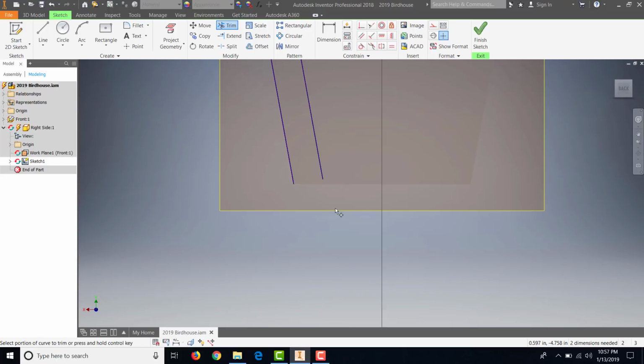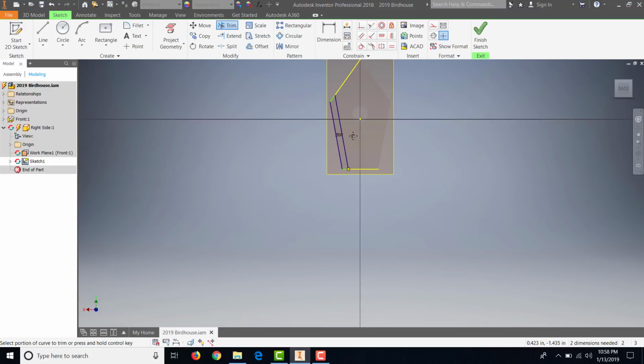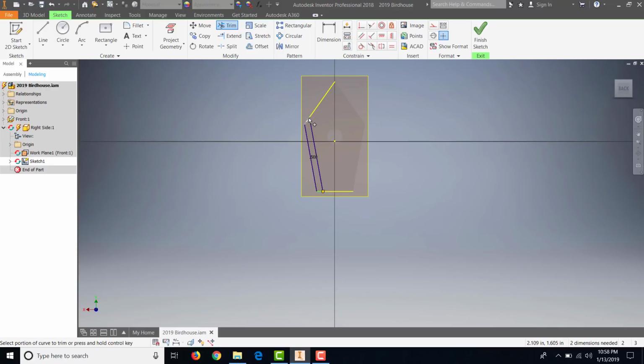I'm going to do the same thing down here. I'm going to project geometry, click this line down here, take my line tool, draw beyond where it needs to be, extend, and trim. So there's my part that follows the contours of my birdhouse. Finish the sketch,